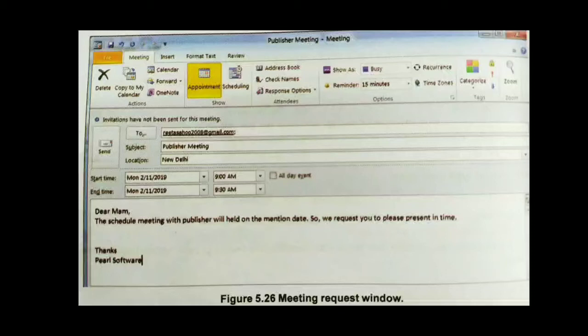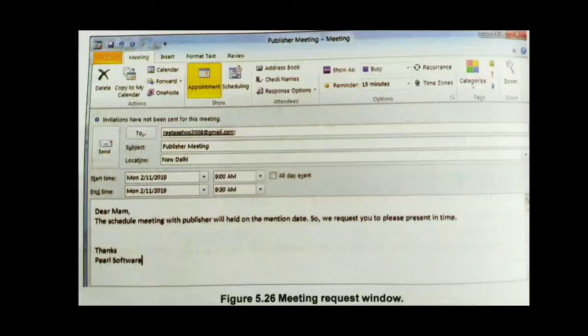Then, a meeting request differs slightly from an appointment in that you invite attendees to the meeting. When attendees accept the meeting request, the meeting is added to their calendar as well, using the options you set in the meeting request. So let us see how to schedule meeting requests. In the bottom left corner of the Outlook navigation pane, click on Calendar. The calendar appears in the Outlook window. When looking at your calendar, click on the New Meeting icon in the New group.